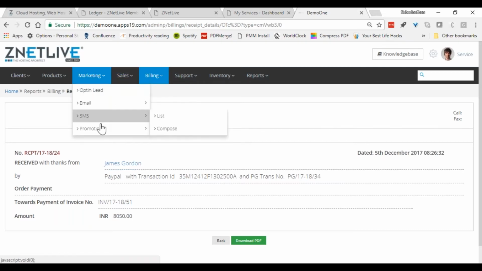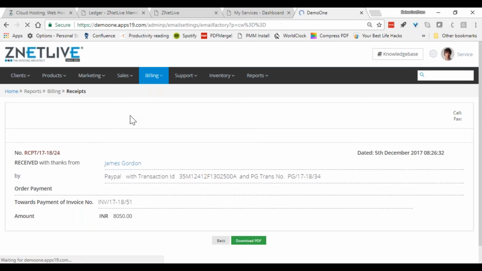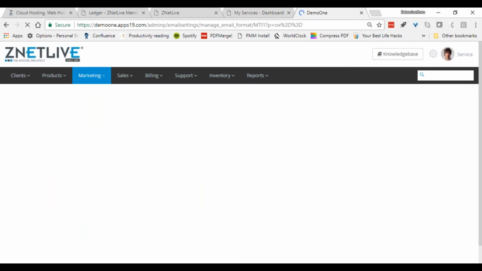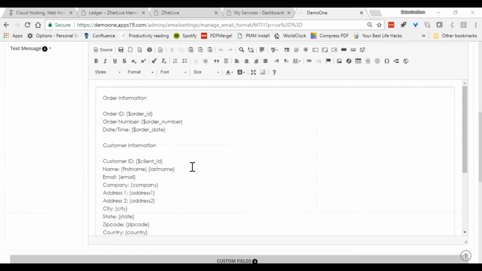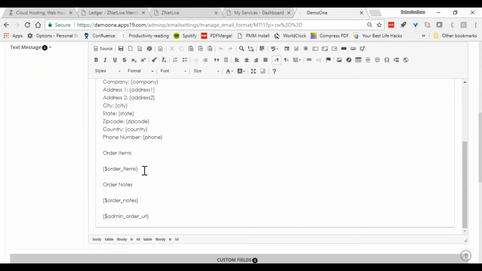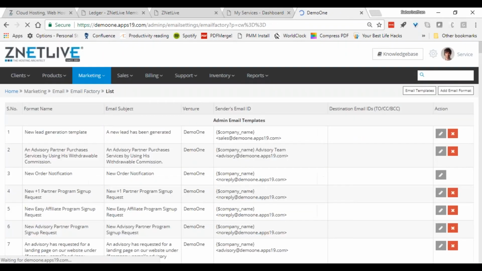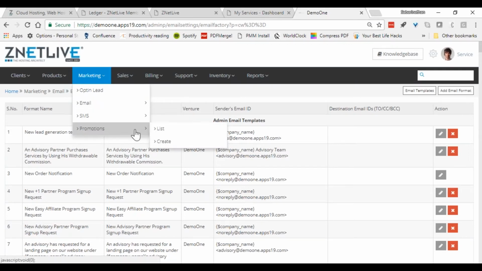And also from a marketing standpoint, it's very important that you understand how you can communicate with your customer. For example, there are plenty of email options and templates available whereby you can continue to communicate with the customer with custom templates, right? For example, this one here is a custom template. You can define any variables as you want, put your own HTML graphics, etc., and you can send this email to the customer, right? And similarly, for SMS, we have integration done with Value First, with which we're able to help you integrate and send SMS reminders to your customers.